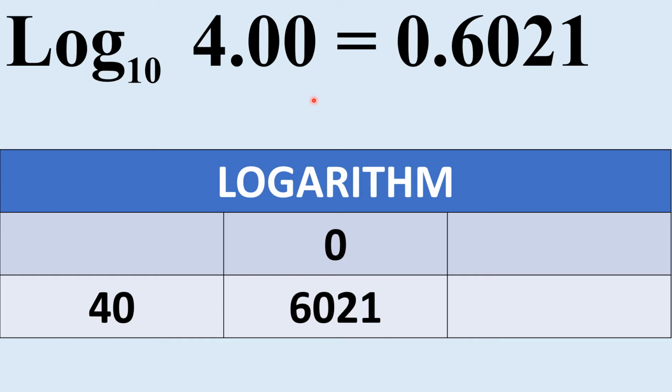The value of log 4 is 0.6021. Here 0 is the characteristic and 6021 is the mantissa. How to write this 0 as the characteristic? Here after the 4 the decimal is there, and behind the decimal there is only one digit. From that one you subtract 1, you will get 0. So 0 is the characteristic. And how to write the mantissa? In front of 40, this decimal you have to ignore, in front of 40 under the column 0 in the logbook you will get 6021. That 6021 becomes the mantissa, that you have to write in front of the decimal. This value of log 4 is 0.6021.